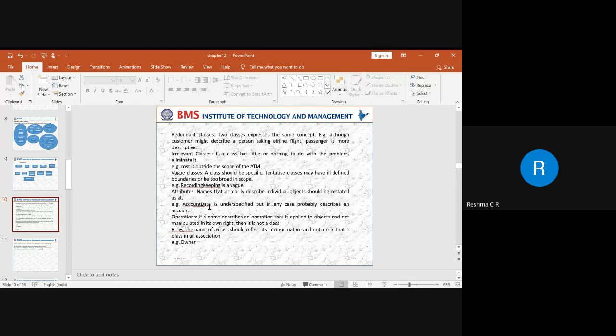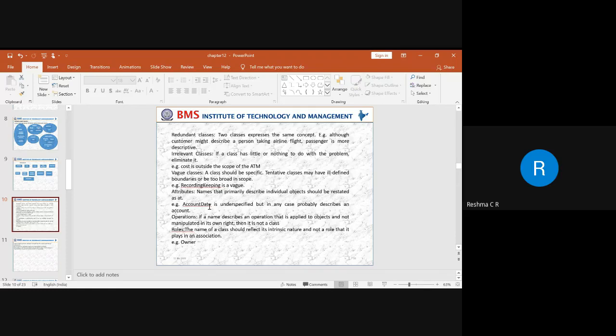So depending upon from which account the customer has made a transaction, it becomes unspecified. It cannot be taken into consideration. So account data will become a property of an account class, where it also describes from which account a transaction has to be performed. So that's the reason we need to have a clear idea whether it is an attribute or whether it is a name of a class.